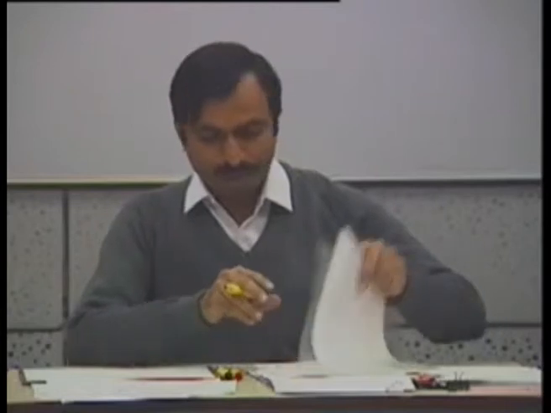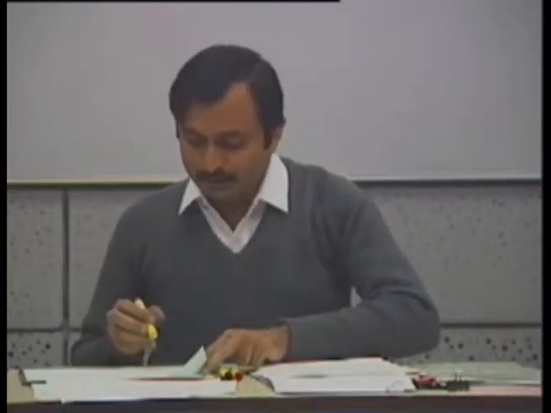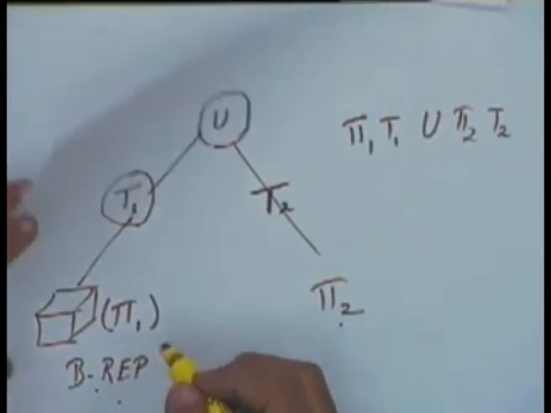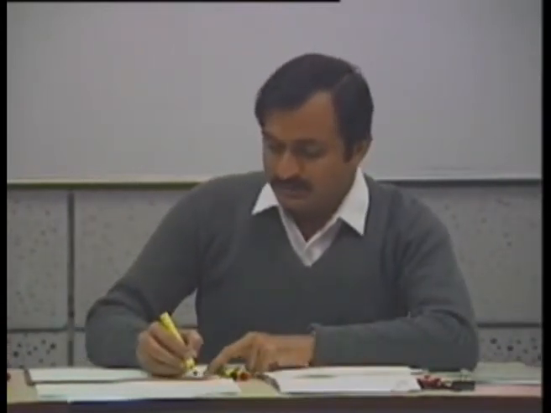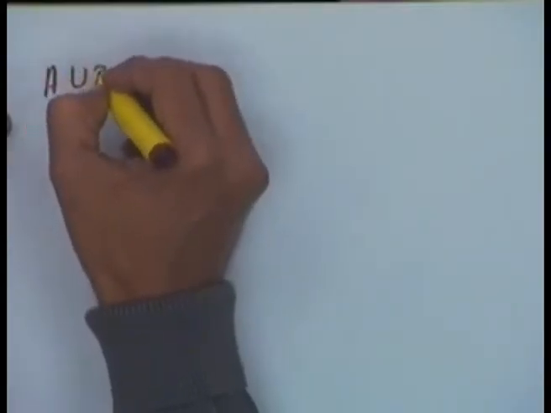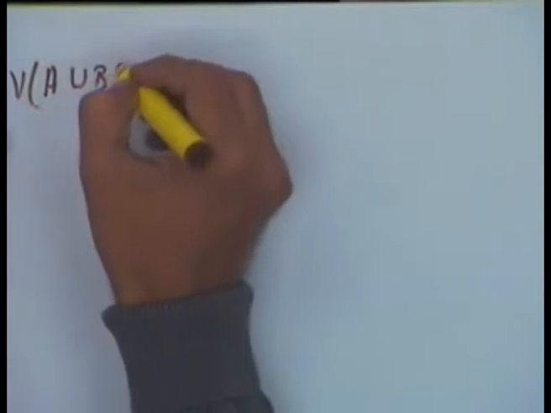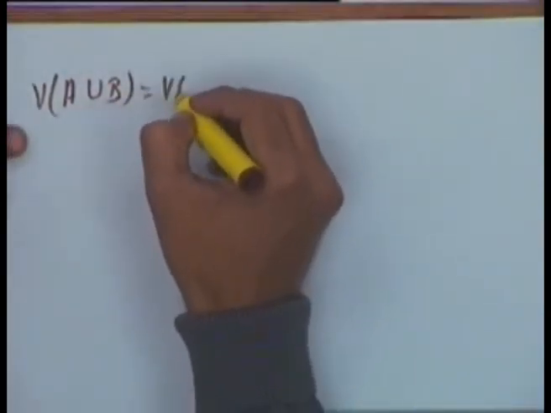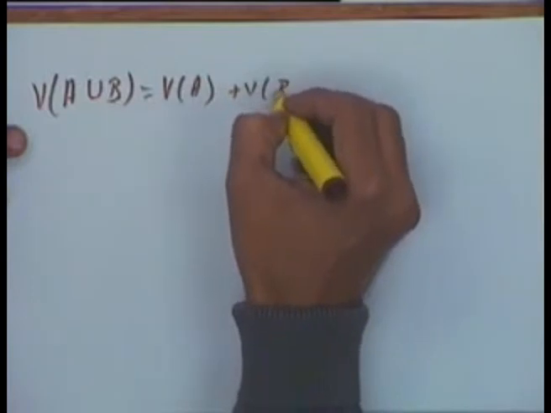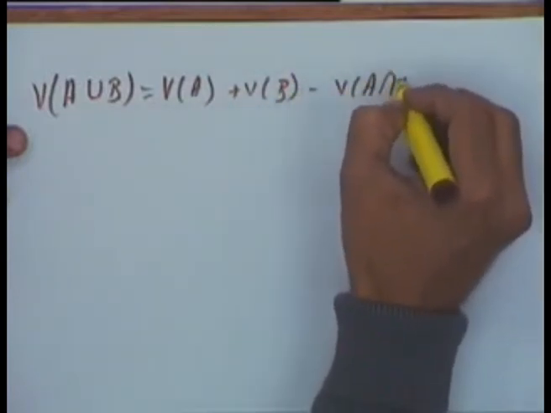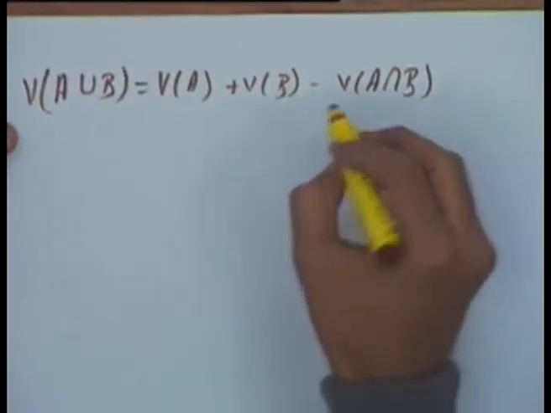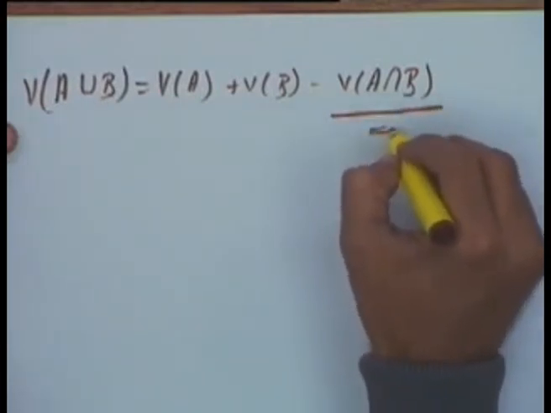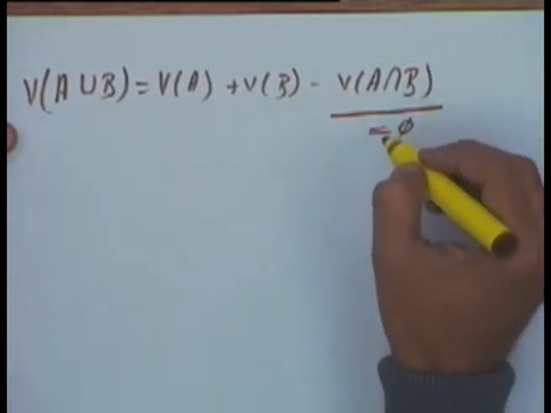Now let's see if I want to compute the volume of an object. How can we compute the volume of an object represented in this manner? For instance, as I said, if I have A union B, I want to find the volume of this. This will be volume of A plus volume of B minus volume of A intersection B. In this case, if I can ensure that A intersection B is equal to a null set,